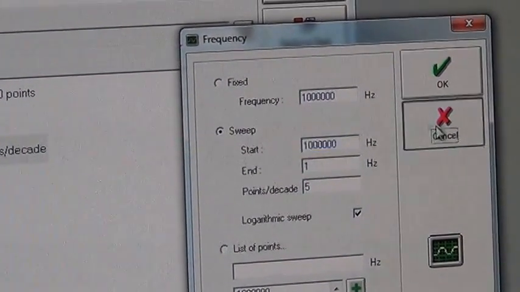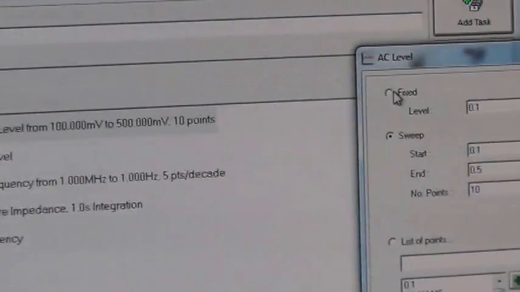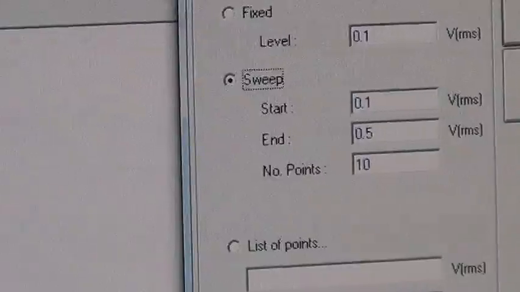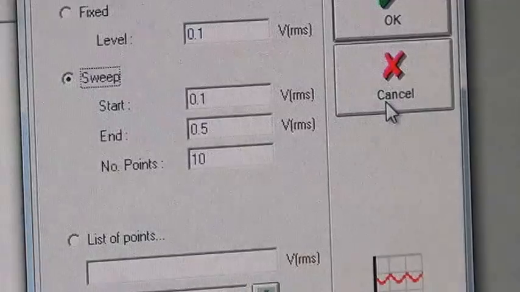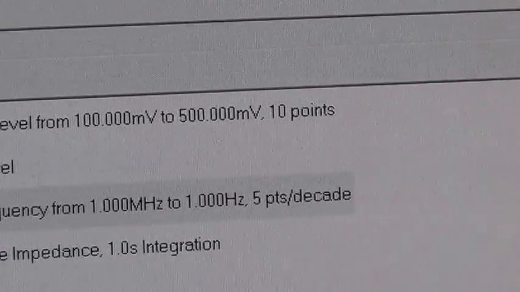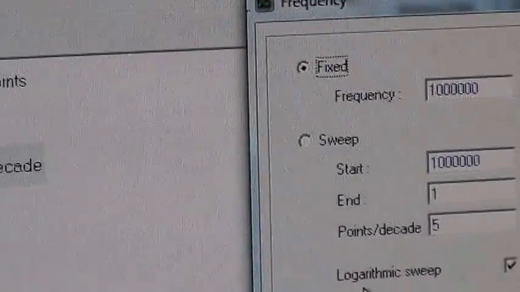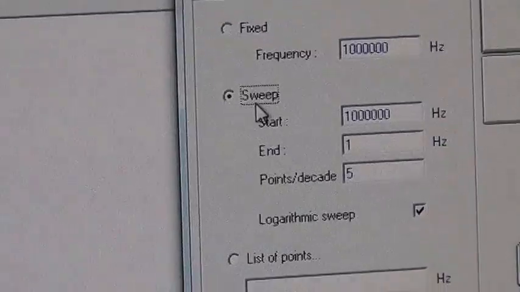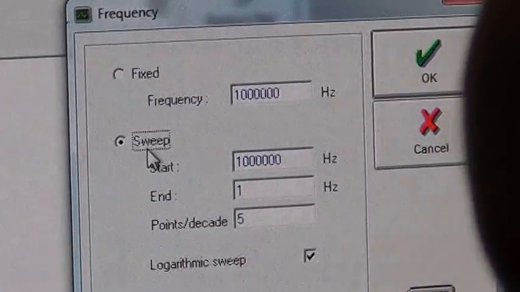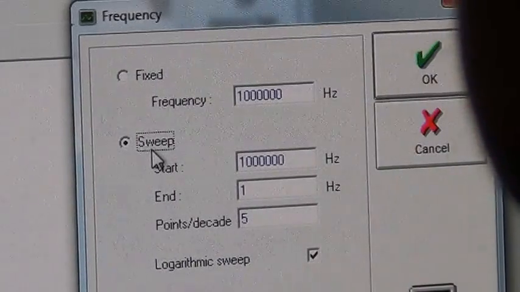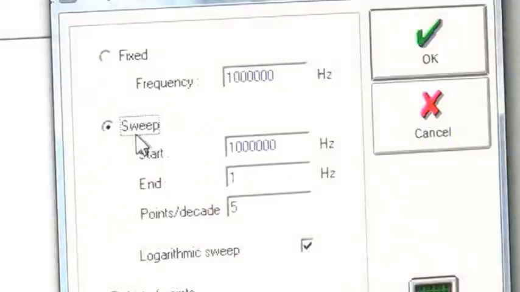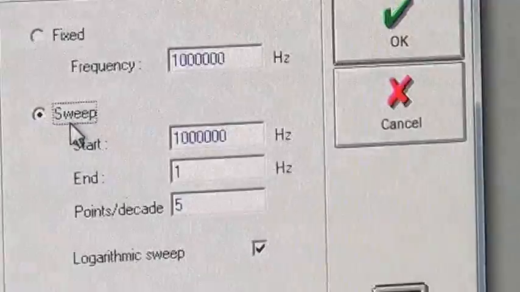Here, for this AC amplitude, we have the option of either fixed or sweep. Now it is sweeping, but at a fixed frequency. At a frequency, what is the frequency? Now you can select the frequency range here; double click, so I can go to the fixed frequency. This also has the option, and if I kept it at sweep, here also. But I think there's no meaning in keeping this. You will have a lot of data. When you do a sweeping frequency, the potential AC amplitude should be fixed. If you're sweeping AC amplitude, then fix this. So there is the option, you can change it.